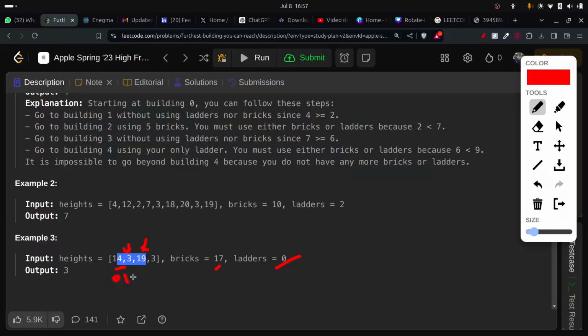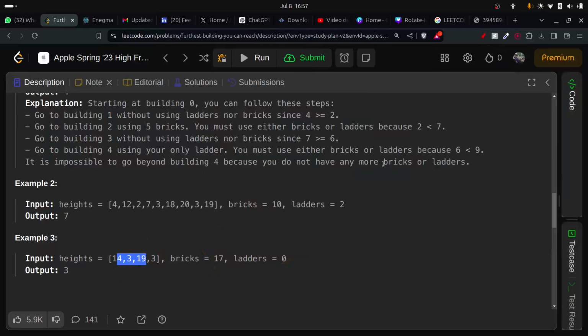So that's why 0, 1, 2. So how many bricks have we used? So we will use 15 and 3, 18, and okay, 16 bricks. So one brick will be left, and definitely from 19 I can jump to 3. But there will be a case when I was taking something,